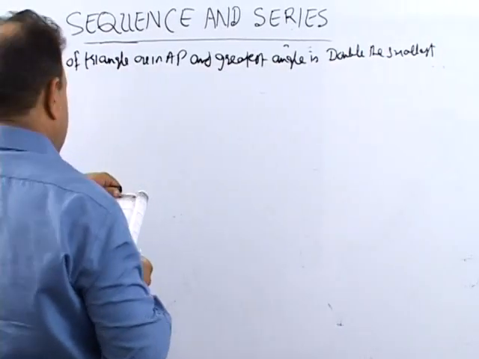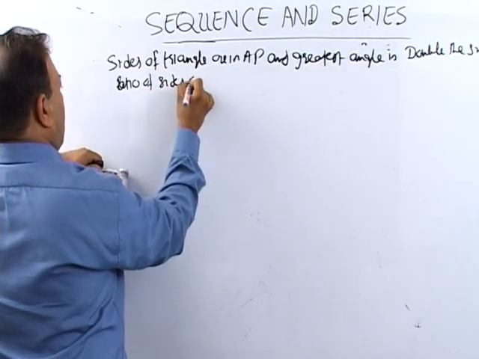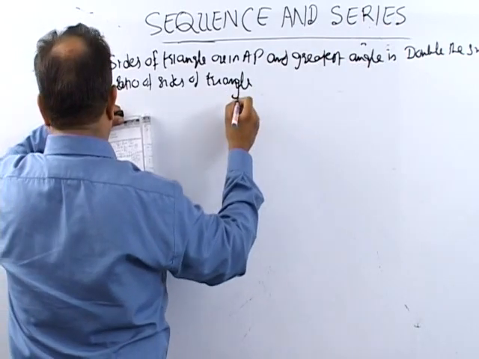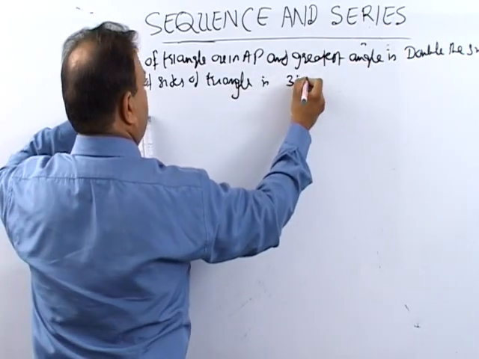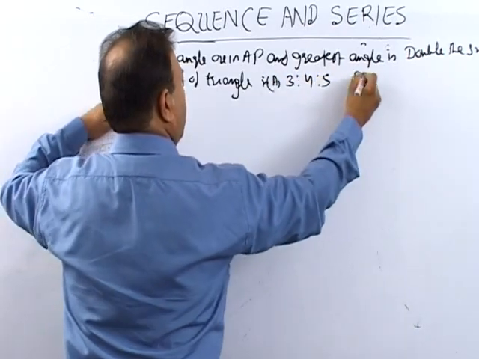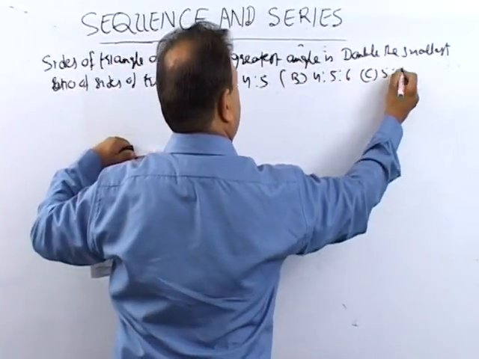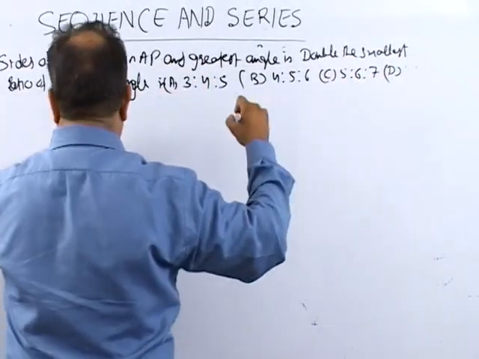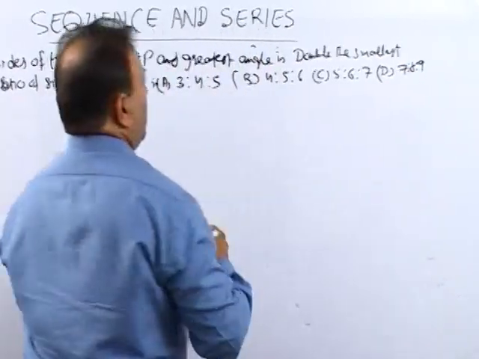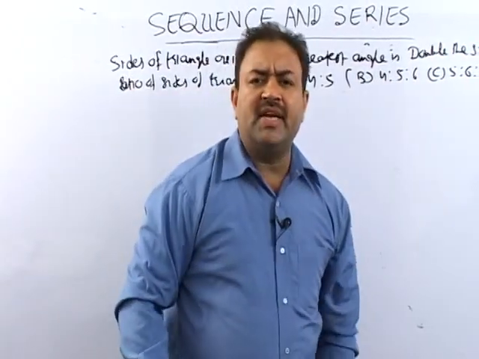And the greatest angle is double the smallest, then the ratio of sides of the triangle comes out to be 3:4:5. Option A is 3:4:5, option B is 4:5:6, option C is 5:6:7, and option D is 7:8:9. Now we have been given that the sides are in AP, and we know that when sides are in AP,